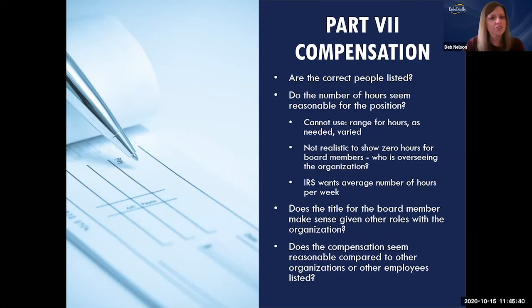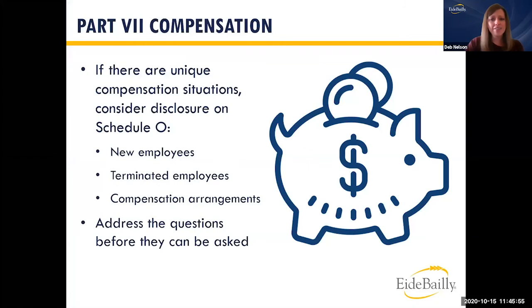And you'll also want to just be aware of the compensation from a dollar standpoint. So if you're pulling other 990s, how does it compare? And even just how it looks compared to the other individuals that you're reporting in this part. And if you have any unique situations, we always suggest you can include a supplementary narrative. To Kim's point, you can make this return your return by adding in any type of additional information you want.